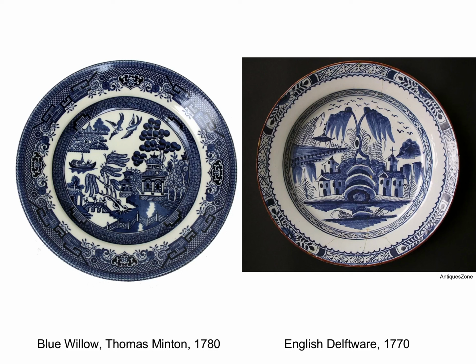There are many versions of the Blue Willow pattern, both made by Minton and by other factories, and it came from China originally, was transferred into hand-painted ware for a while, like this example of Delftware on the right, and then eventually became an etched print, transfer printed on ceramics when Minton